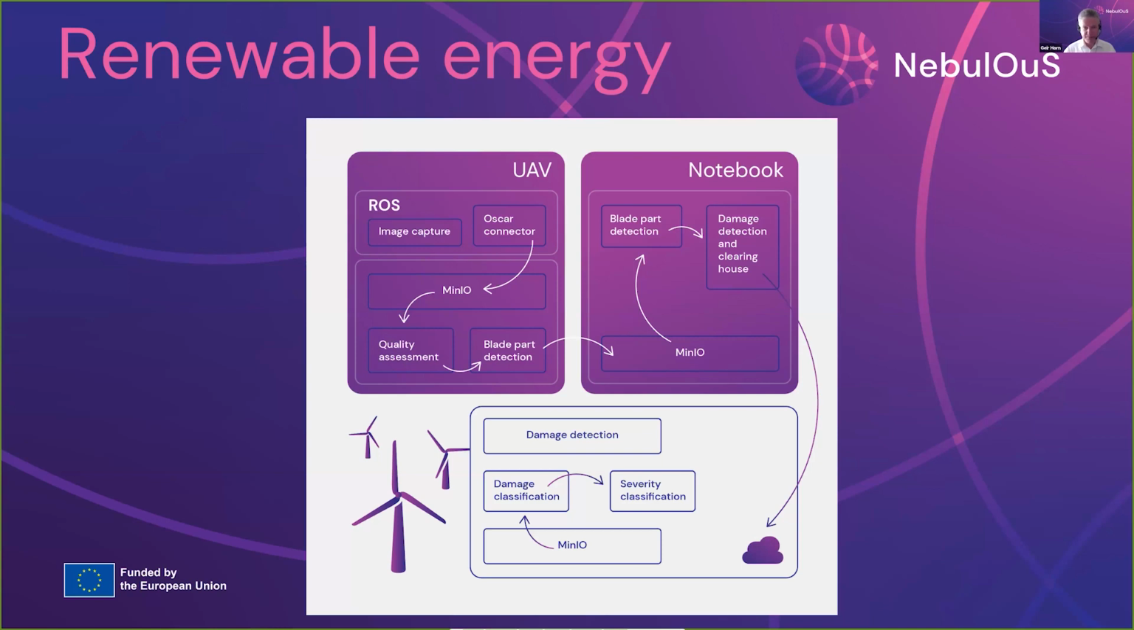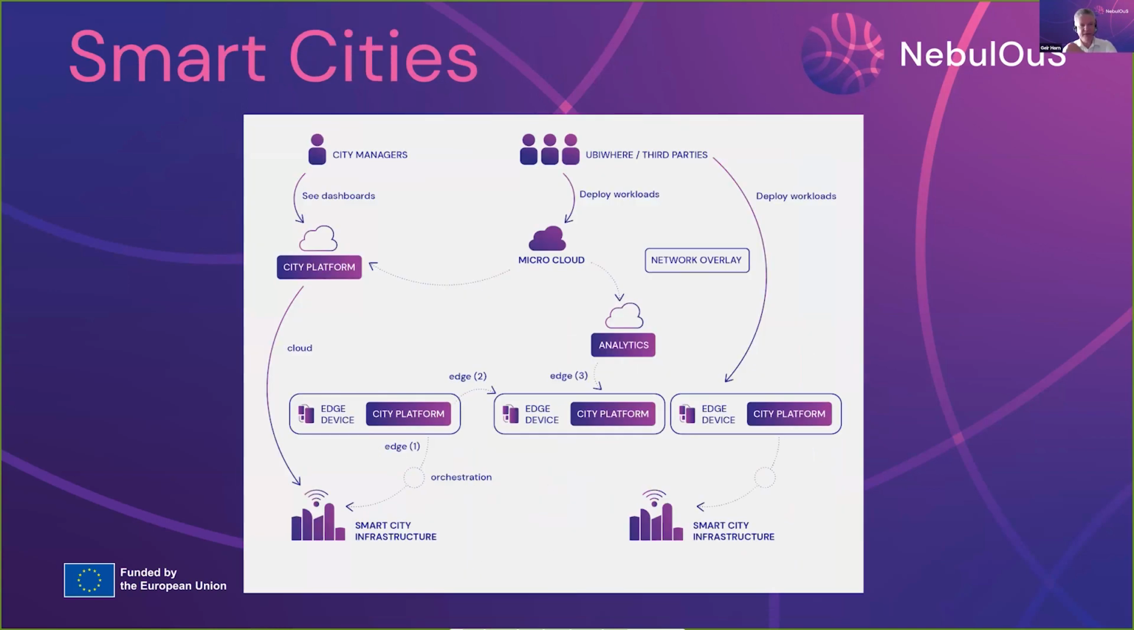of the problem detected on the blades, if any. A second use case is for the smart cities, where we have intelligent lampposts equipped with quite advanced computing capabilities, at least some of them. And the issue here is that when an issue is detected in the city, whether that is a fire or a dangerous situation or something like that,